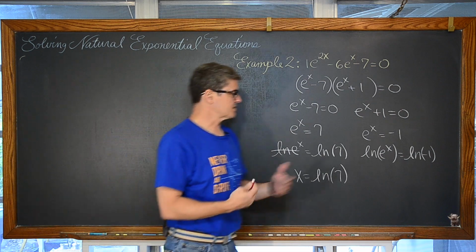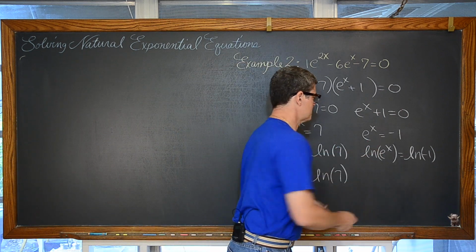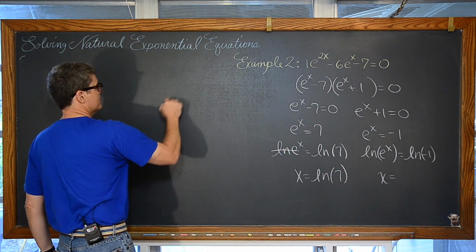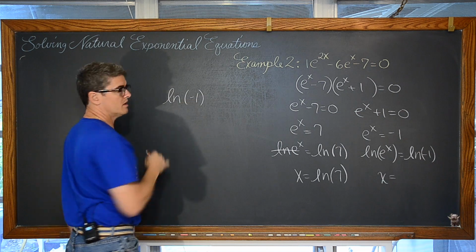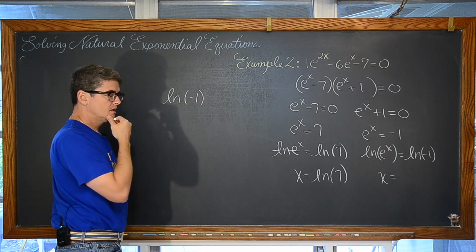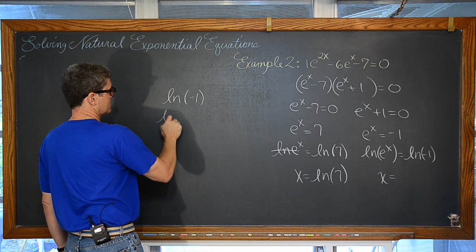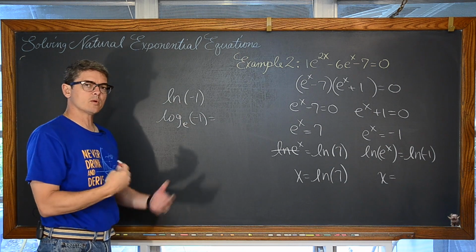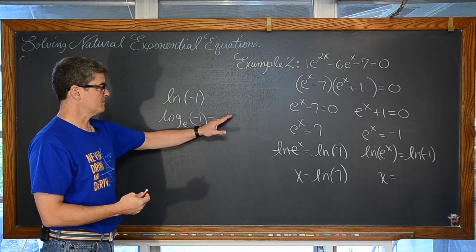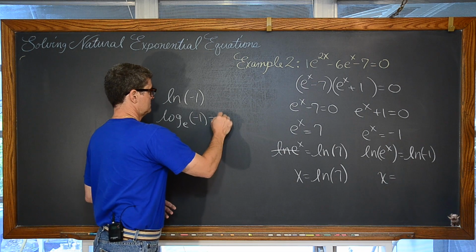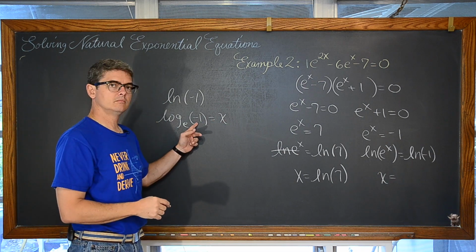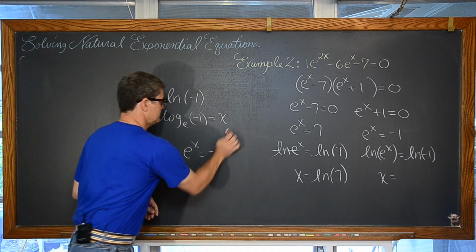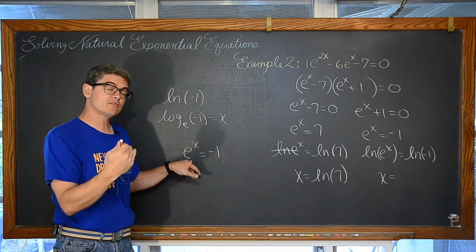Now, because this isn't an introductory lesson to logarithms, you might already know the answer, but for those of us who struggle a little bit, we have the natural log of -1. Well, logarithms give exponents, and this is log base e to the negative 1. Logarithms are another way of writing an exponent. So we're looking for some kind of exponential answer: e to what power is going to give you negative 1? Well, I'm sorry. You're not going to take a positive base, right?